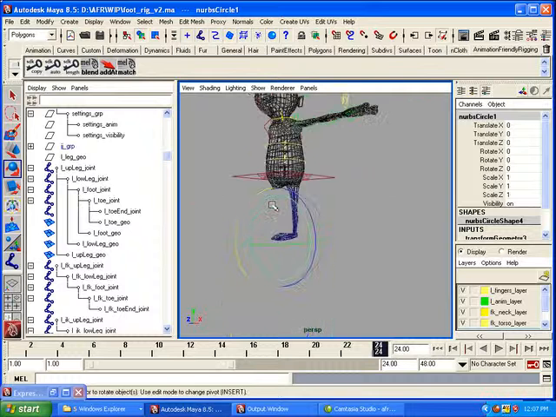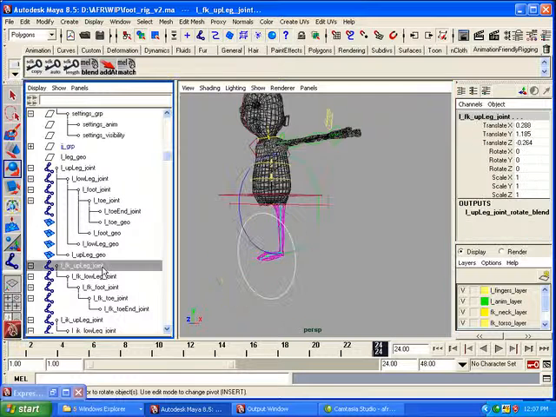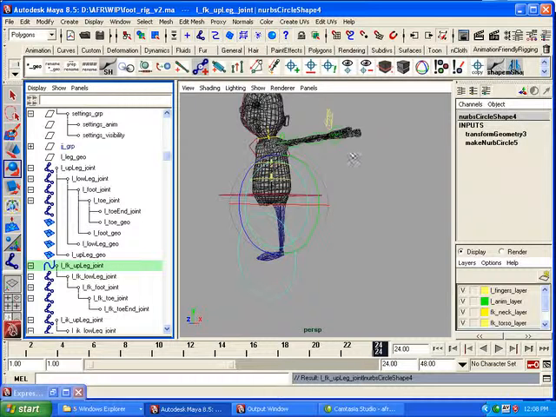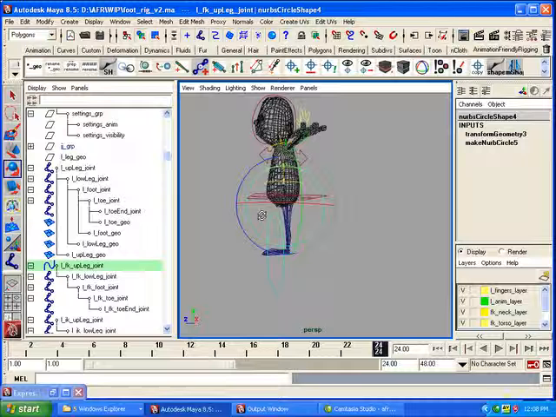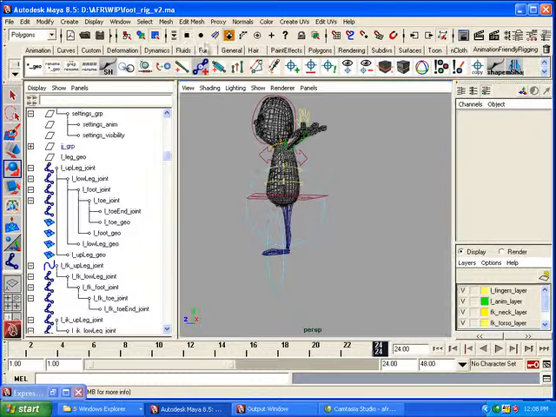There we go. And then what we'll do is we'll add the curve as a shape to the LFK up leg joint. So we select the NURBS circle 1, select LFK up leg joint, and then in our channel box, or in our shelf over here, we find the shape button, click that, and that will add the circle right there for us. Okay? So now we want to modify the CVs so we can actually make the circle look like how we want. So we go back here to the CV tool,